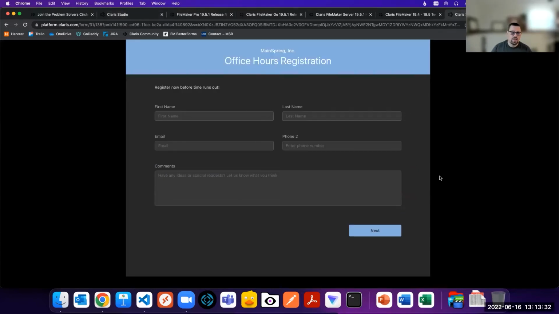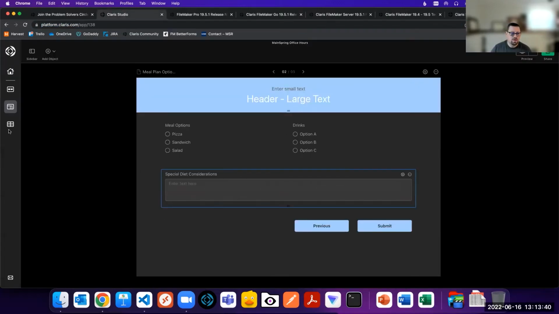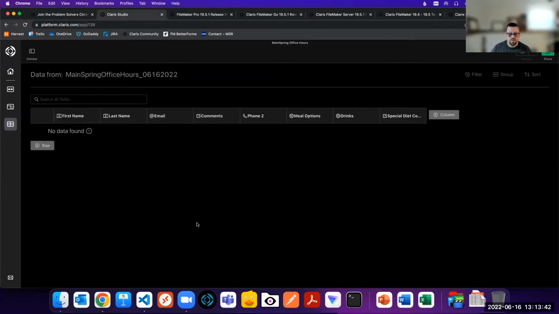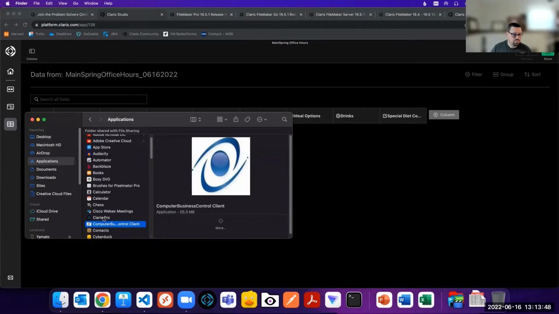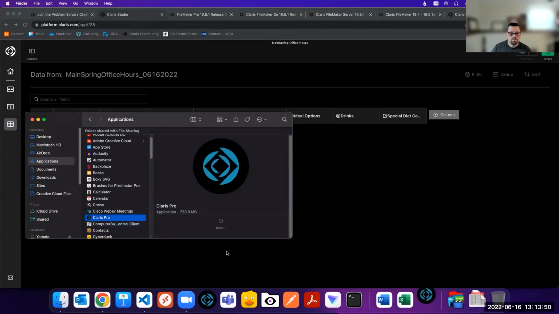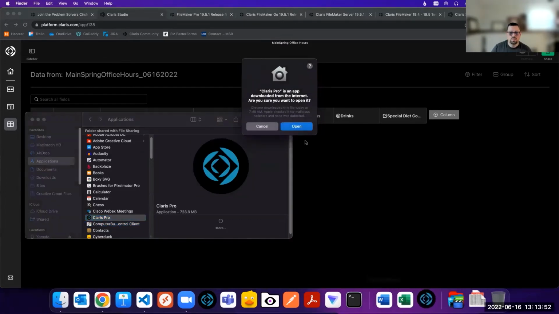Because now that I have this platform link, I can give this to 1,000 people and they can start filling out this form. And as they start filling it out, all their data will show up here. But obviously, that doesn't help me out if I don't have FileMaker. So I'm